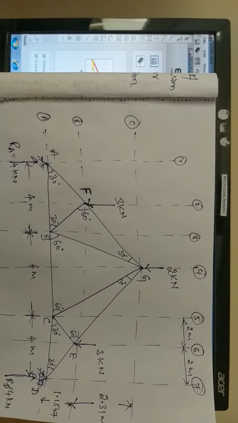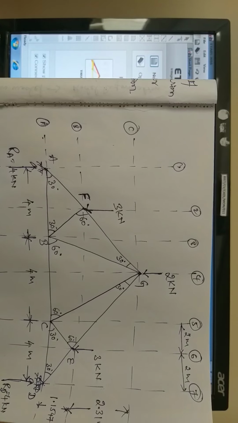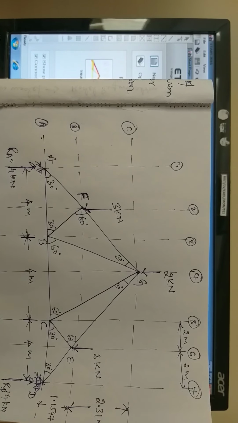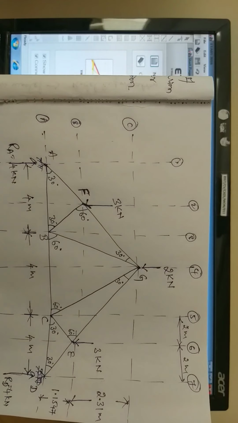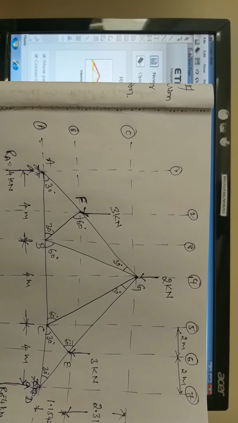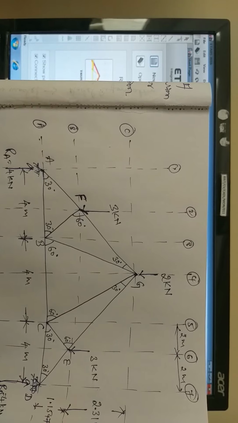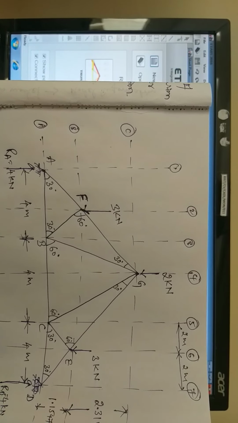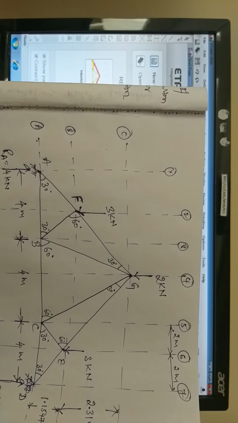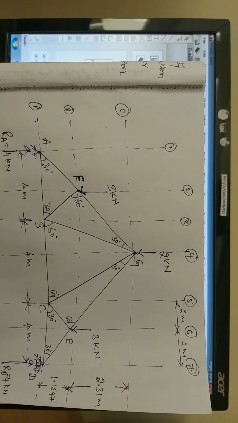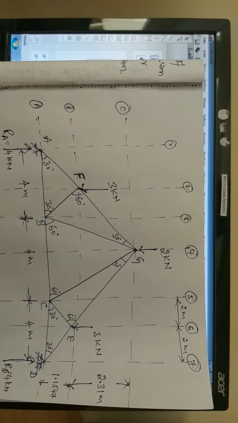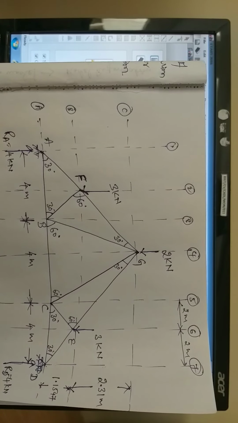At joint F, 3 kN is acting downward, at G, 2 kN is acting downward, and at E, 3 kN is acting downward. So we require to analyze. Analyze means we require to find the member forces and the reactions.